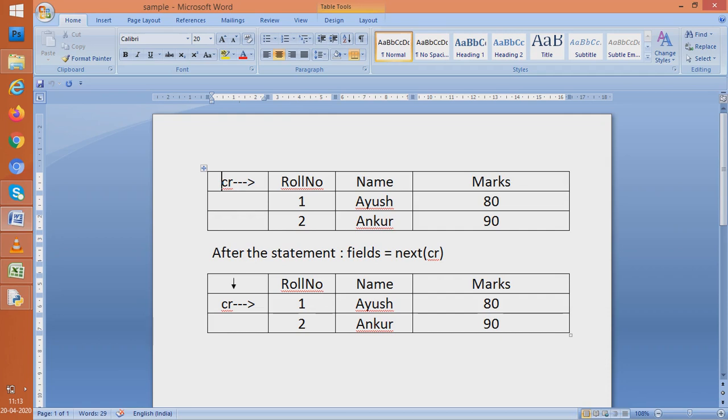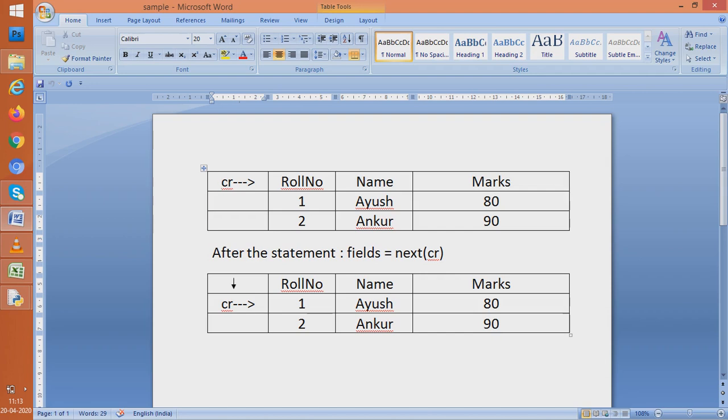See what it actually shows: roll number, name, marks. CR I created. When you create it, CR would be like this. CR would contain these details like a table, for the sake of our understanding. Internally it actually keeps them in a sequence, but for understanding we are using this.